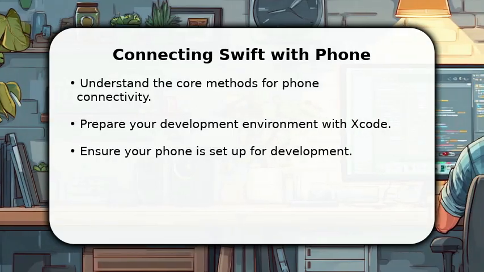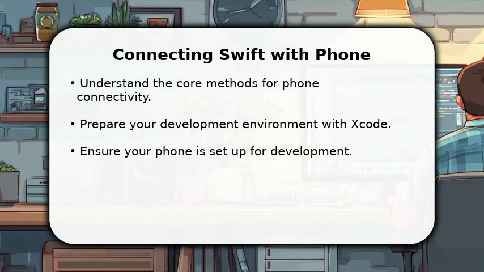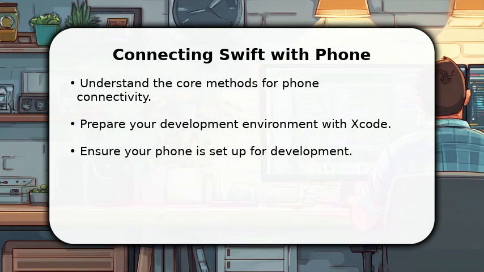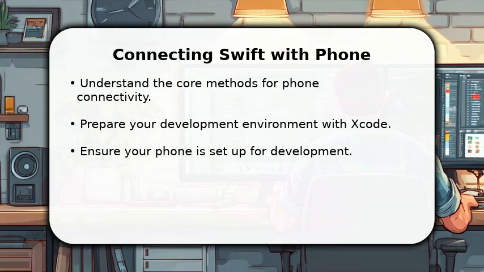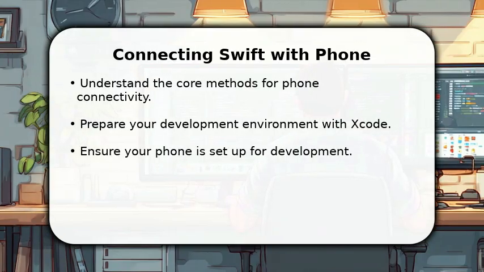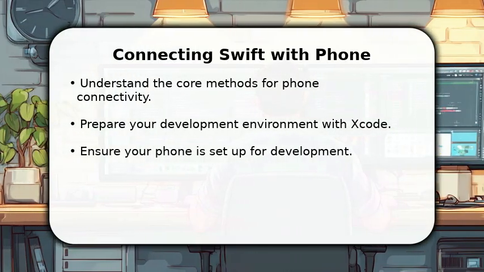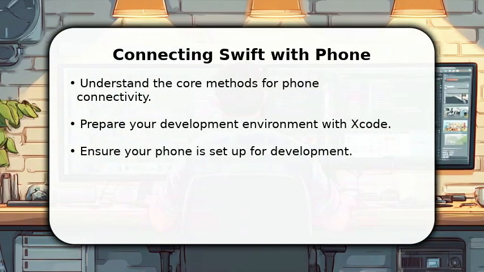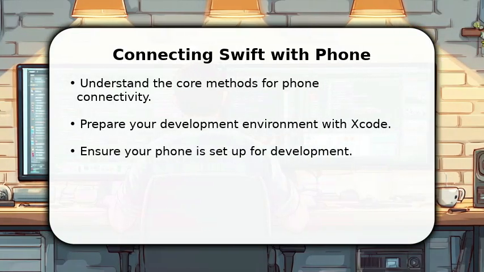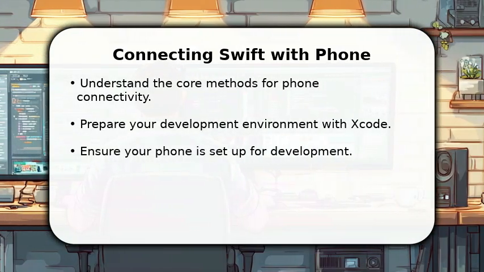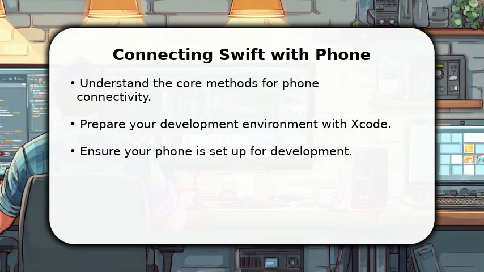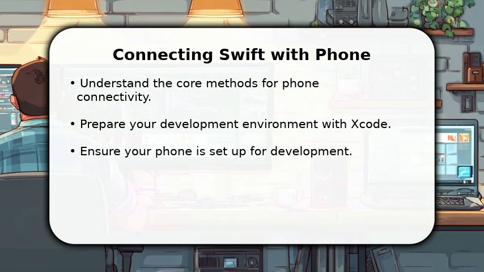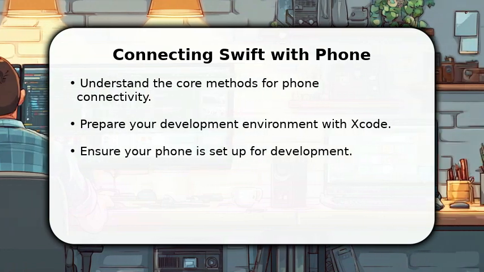Enjoy the video. In this video, I will explain how to connect Swift with a phone. First, let's prepare our development environment. You'll need Xcode installed on your Mac, ensuring it's the latest stable version. Next, set up your physical phone for development by enabling developer mode and trusting your computer. This foundational step is crucial for deploying and debugging your Swift applications directly on a device, allowing for real-world testing